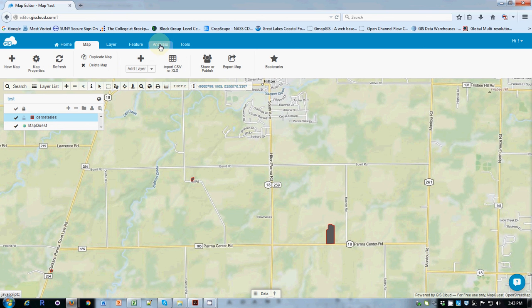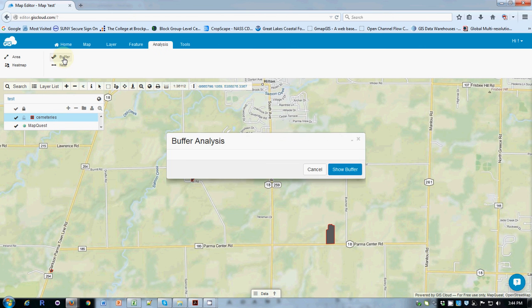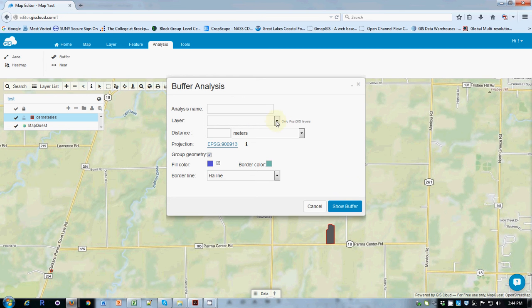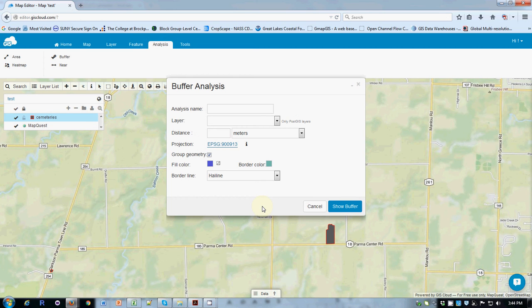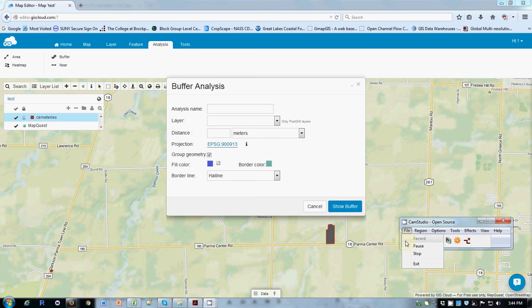I really do have a significant number of features available, such as buffering, and I can add a buffer around the extent of these cemeteries and other things. So I really do have a fairly substantial tool set tied around this particular